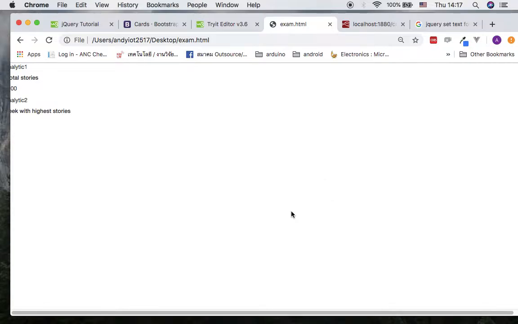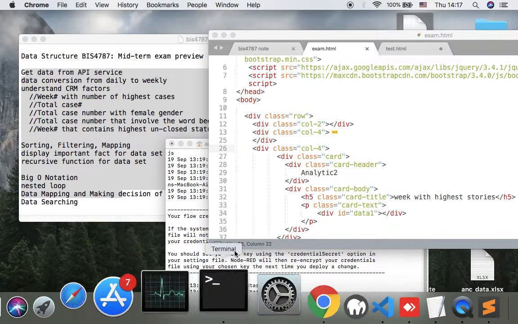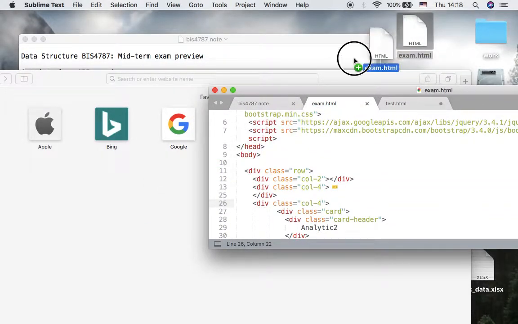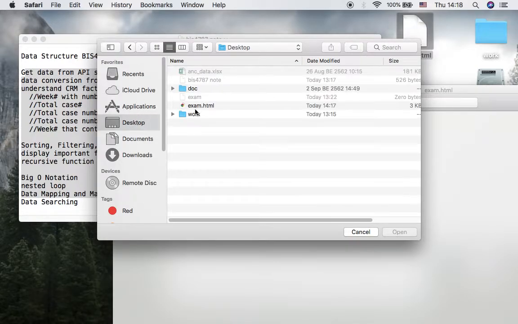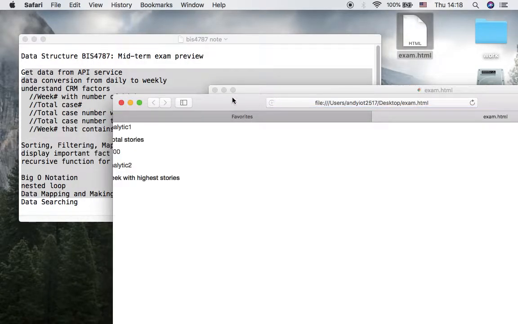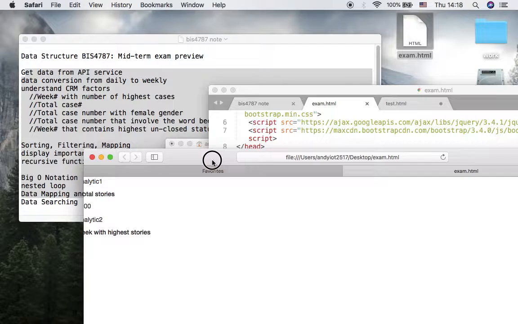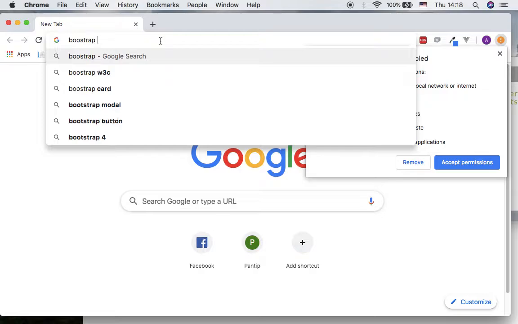Okay, might be because of my program. Let me quit this and open it up with another browser. Now drag and drop this in. Open file and desktop. Okay, it seems like it's showing the same margins, so that means the card is not working properly. Okay, let's see if I can fix this. Okay, good, interesting. So the card,